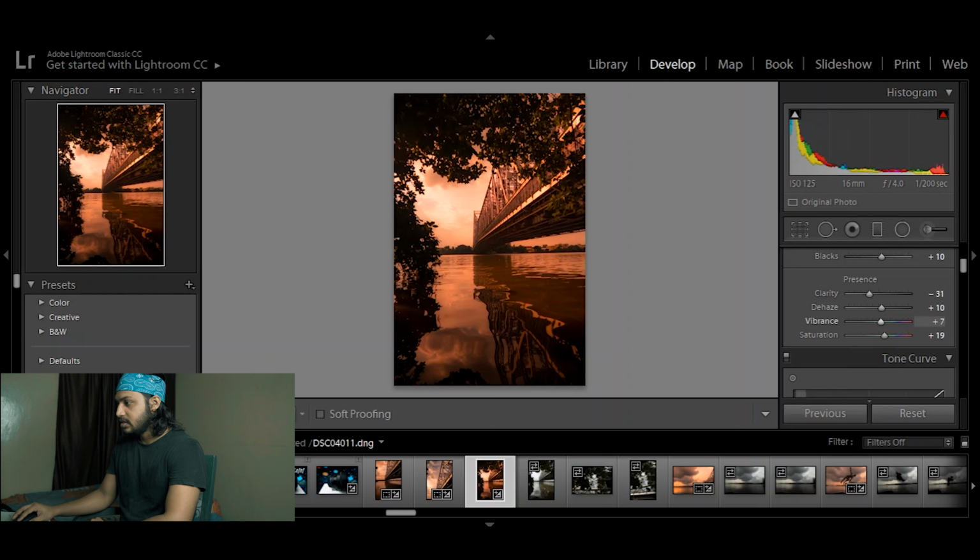And vibrance, let's increase the vibrance. Let's see. I think vibrance is fine. Saturation part is, yeah. So yes, I'm happy with this image, and in this way you can edit the image also. Or I have already shown you the preset I applied, and the editing was done. So in this way I edit my photos. So yes, I'll stop my editing here.